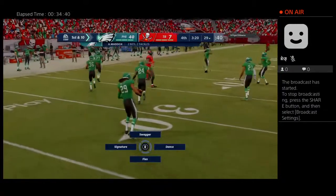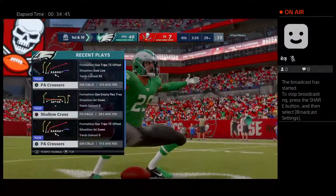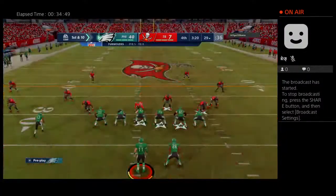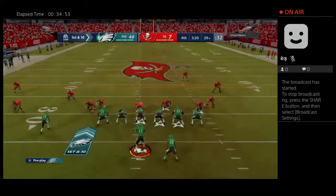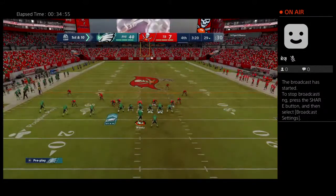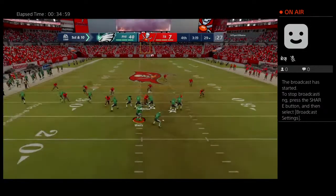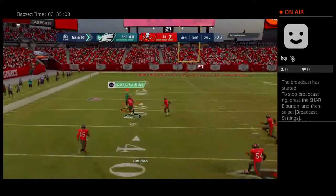Picked off by Avonte Maddox. And they will take over at the 29-yard line. The utter domination here just continues. This defense, I don't know what more we can say all around about their performance. Well, it certainly feels in this game like maybe they're facing a Canadian defense. 12 guys on the field. It feels like there's an extra on every snap because they have really struggled to make headway through the...